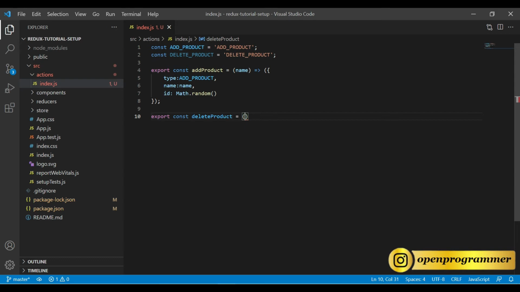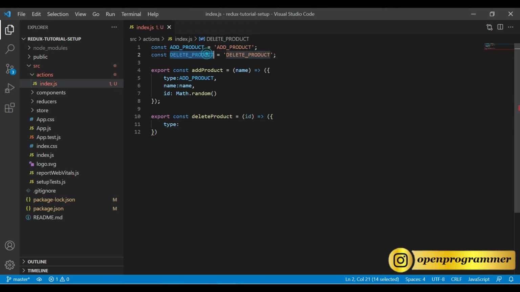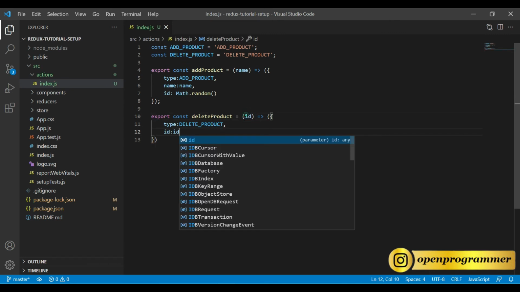Because based on a unique ID, we would be able to delete a product. We cannot delete a product on a common kind of property or common value. So in this case, we will use an ID which would be a unique ID, and the type should be DELETE_PRODUCT because we are doing a delete product, and the ID should be which is coming from the front end, or you can say from the parameter.